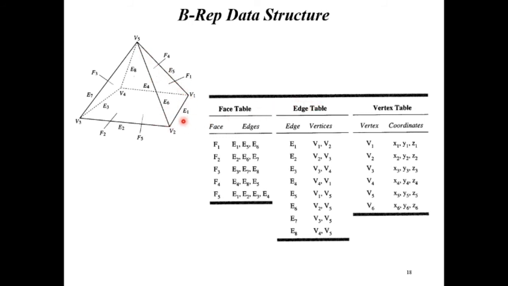And in case of the edge table, E1 consists of V1 and V2 vertices, E5 consists of V5 and V1, and E6 consists of V5 and V2. So these are all the face table, edge table and vertex table. The vertex table is nothing but V1. So for getting a 3D model, V1 consists of X, Y and Z coordinates, which can be represented in the vertex table, and by this table the boundary representation is formed, and with the help of each boundary representation of the faces we can render the 3D model,